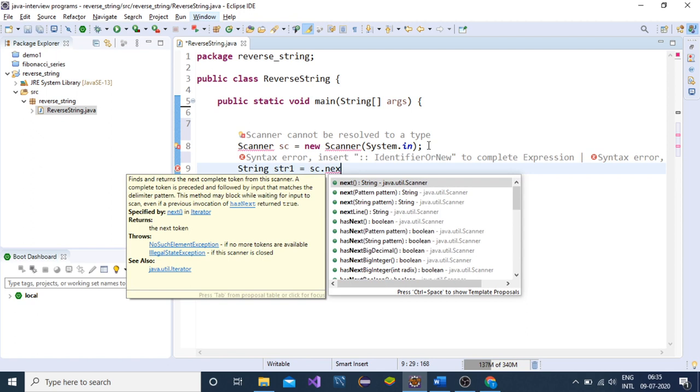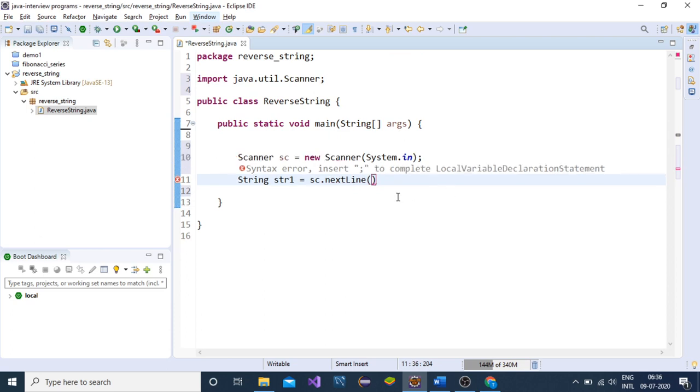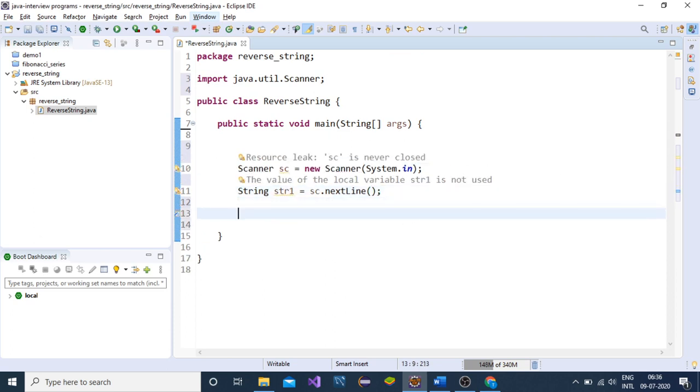Don't use the next method here, because if you use the next method, it will read only a part of a string. Once you give a space, suppose welcome to Java programming, it will read only welcome from your console. So very carefully use nextLine instead of next. Now close the scanner.